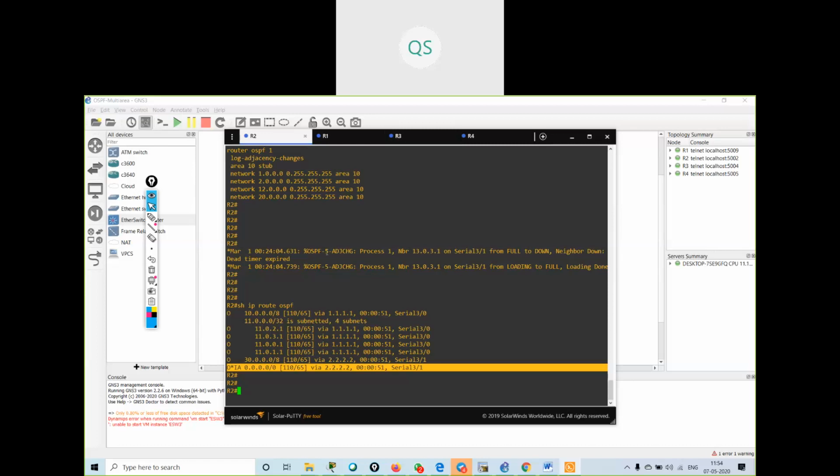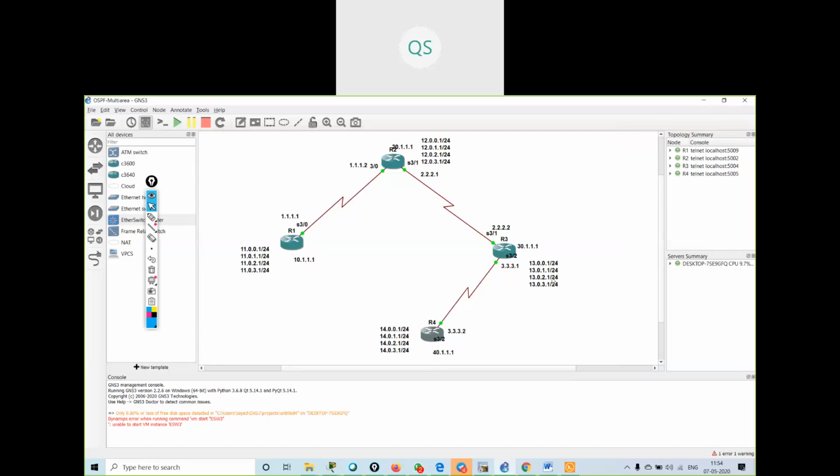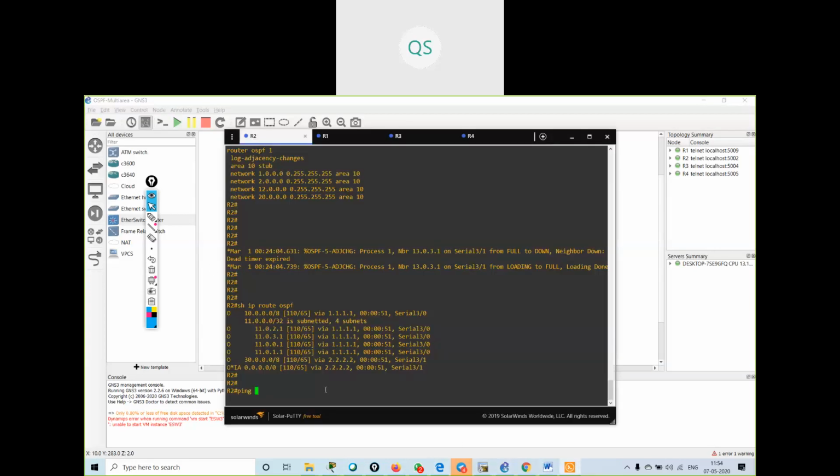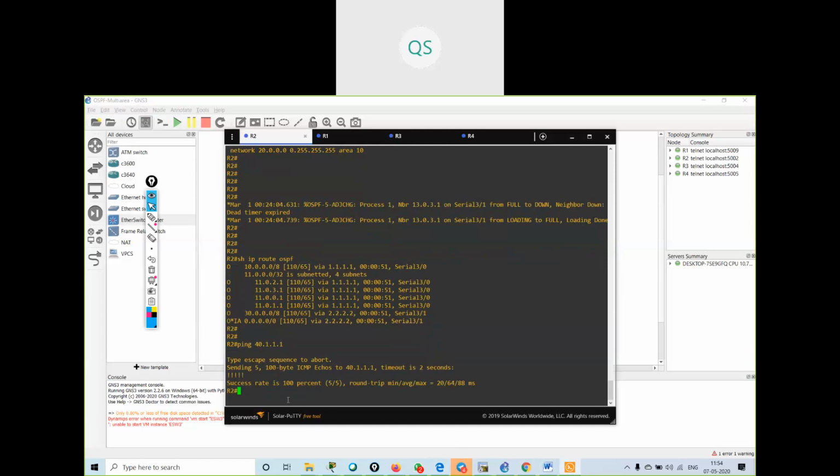So what are my external routes? If I ping from here, my external routes will be this 13 dot network, or I can ping 40 dot network. I can check ping 40 dot network from my R2, ping 40.1.1.1. See, I am able to ping. It means I am having the routes information.